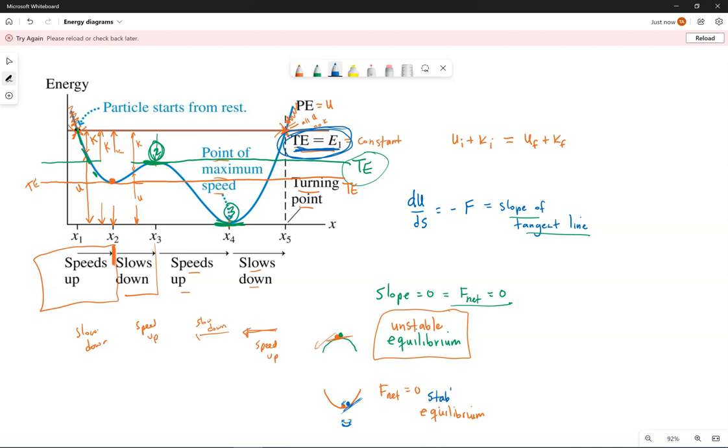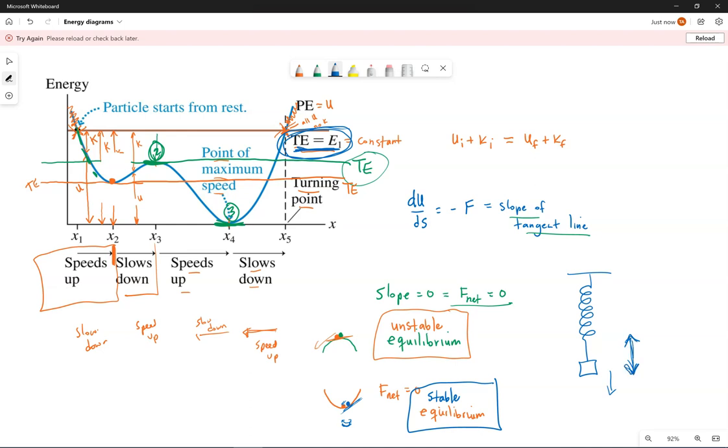We call this a location of stable equilibrium, meaning even if this little marble is given a little more energy, it's still going to roll back to its original location to stay there. Another good example of stable equilibrium would be if I have a mass on a spring. If I pull this mass downwards and let it go, I know it's going to oscillate up and down,